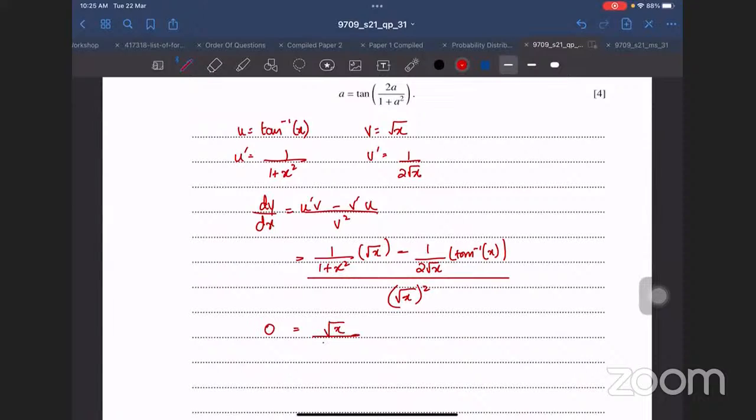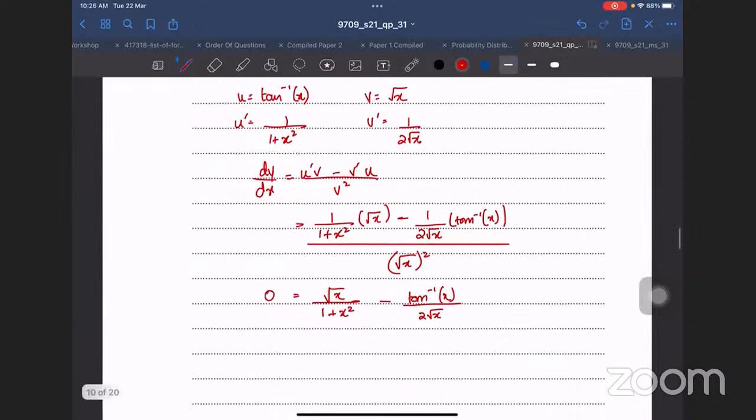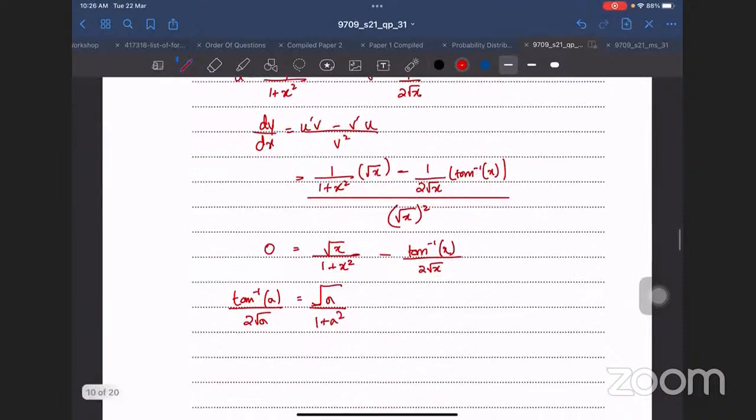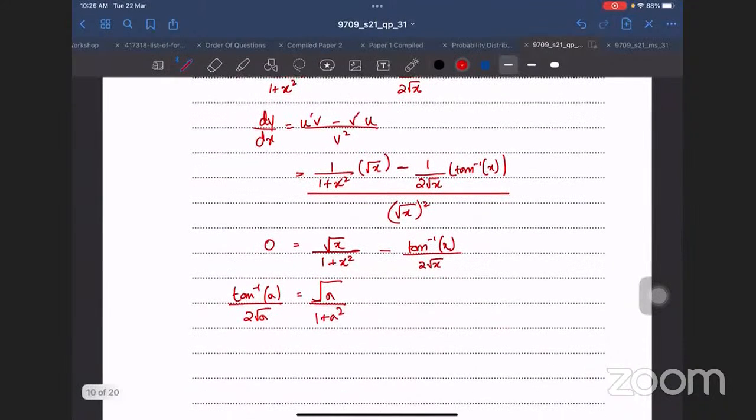So the denominator gets cancelled out. I need to replace x with a, and take it to the other side as well. Tan inverse of a over 2 root a equals 1 over 1 plus a squared. So shuffling around gives me